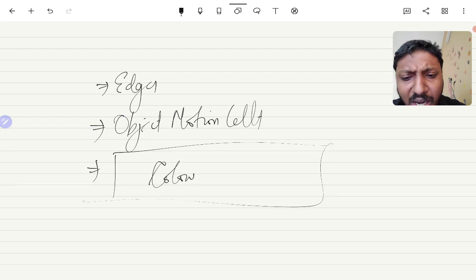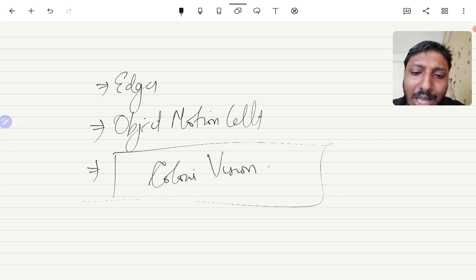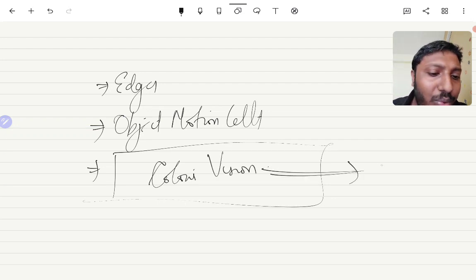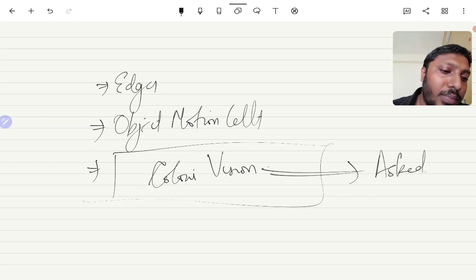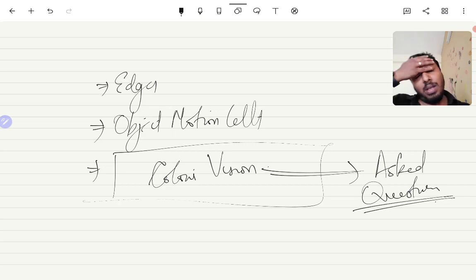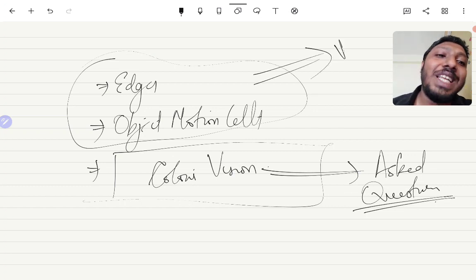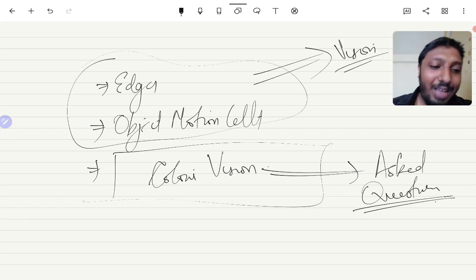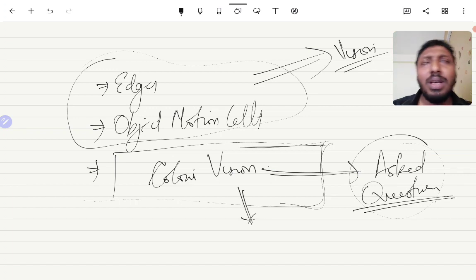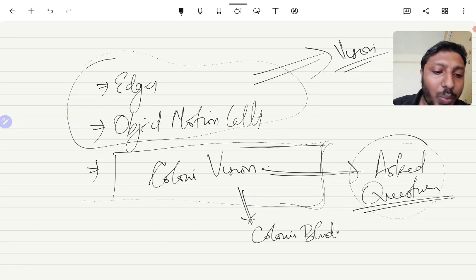Color vision seems to be the most asked question, so we'll deal with it in a separate chapter. We ask color vision more because color blindness is a thing, and that's a common question.